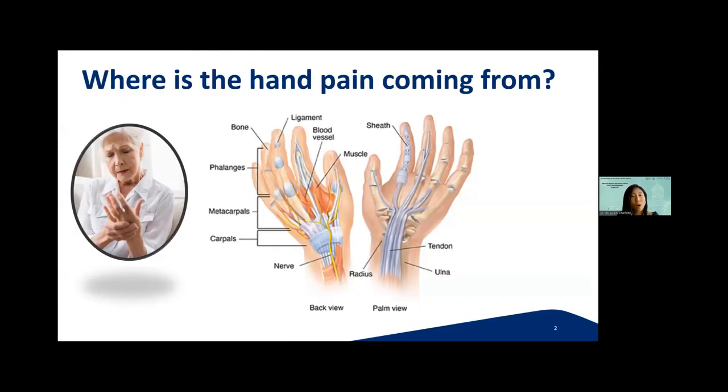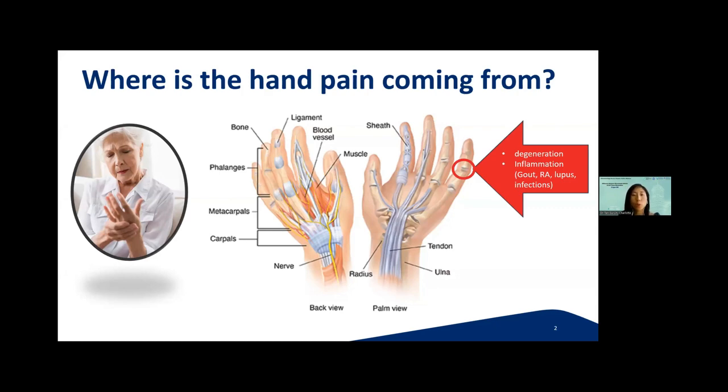To begin, it is helpful to understand the different structures making up the hand. Under the skin of the hand, there are bones, muscles, tendons, and nerves. When any of these structures get damaged or inflamed, the patient may experience pain or discomfort. Of particular interest to my talk would be the joint. This is the region between the two bones where the red arrow is pointing at. Joint pains may result from degeneration, much like how the wheels of a car wear out over time. And this happens in a condition called osteoarthritis, also known as OA.